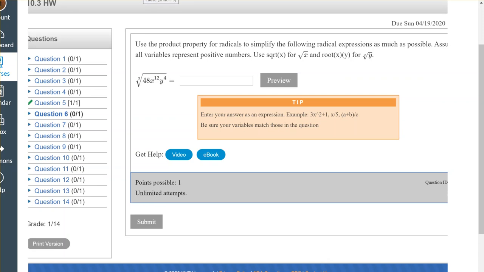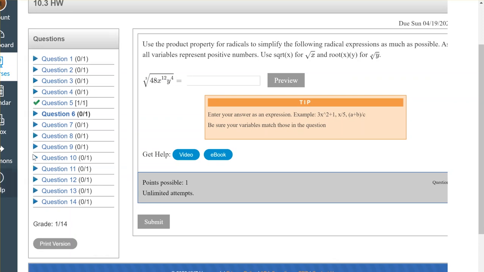In this video, we're going to do an example that's similar to questions 6, 7, and 8, and then we'll go ahead and do one of those and enter it into the computer. Now, really, the only difference between question 6, 7, and 8 from 1 through 5 is that we now have